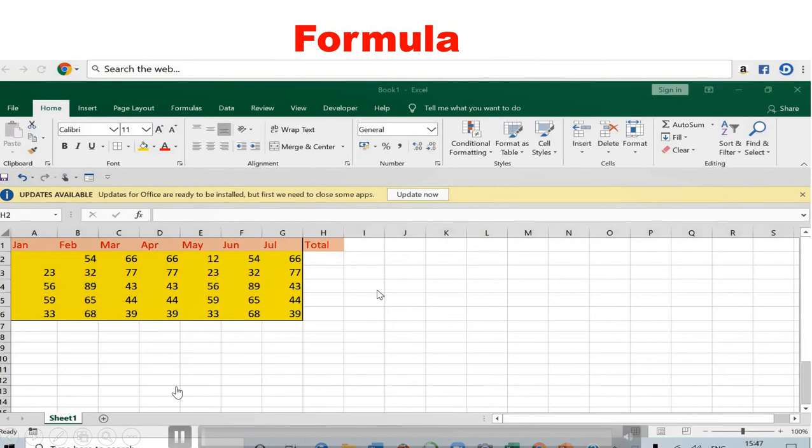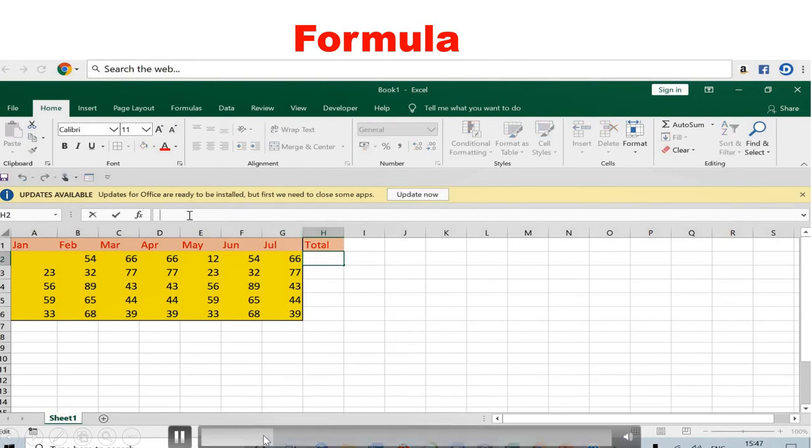Students, now I will tell you how you can type your own formulas. You can make your own formula and type here in the address bar here. See, a sample worksheet is in front of you. Here few months are given to you, Jan to July, and few data is given to you. You have to type the total. You want to calculate the total here from A2 to G2. So here what we do?